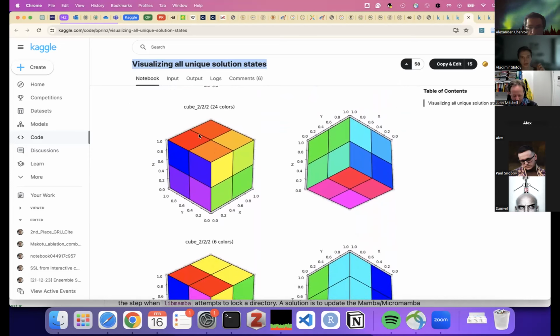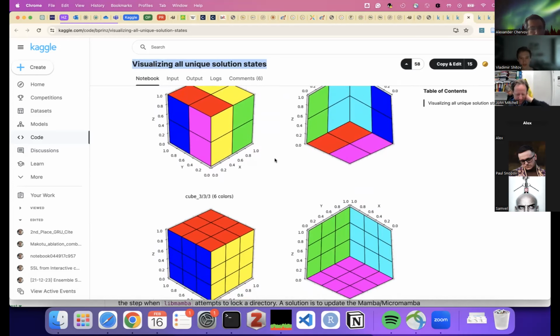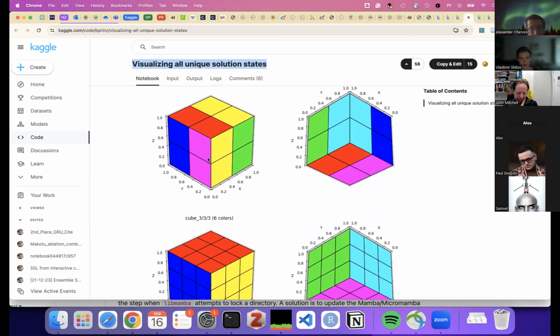What it means is that each piece can have a unique color. Here, they visualized in different shades of, for example, red or blue, but actually each piece has its unique color. They are coded as N0, N1, N2, N3, N4, and so on. And there are some other striped kind of cubes.